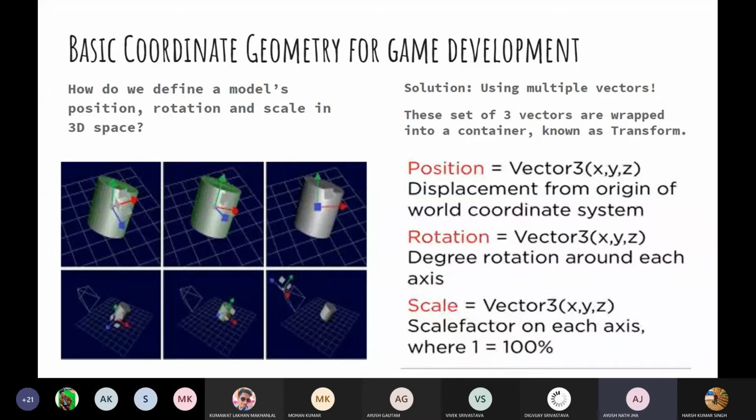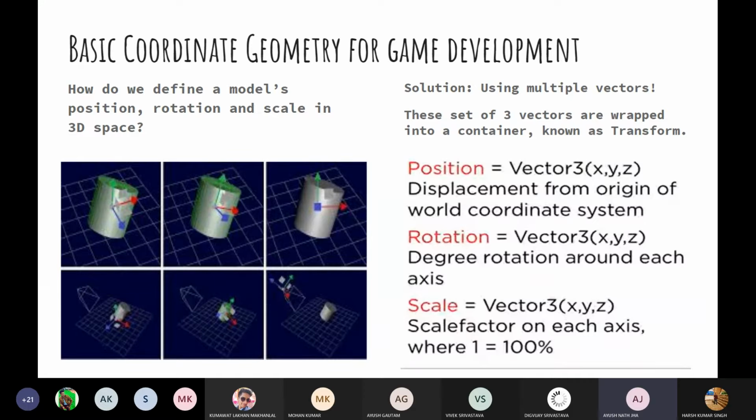So how do we define these three things in a 3D space using one simple container? In Unity, we have three vectors wrapped inside a container called a transform. When we open Unity, you will see everything we are moving through here displayed in Unity later, in this session itself. So if you are not understanding anything, don't worry. We will jump straight in as soon as these slides are over, and I'll show you everything there also. So these three vectors are wrapped into a container, and this is known as the transform.